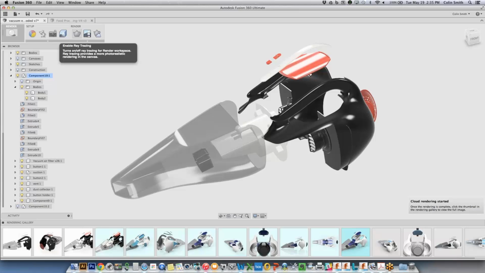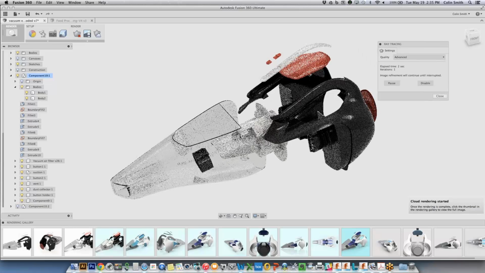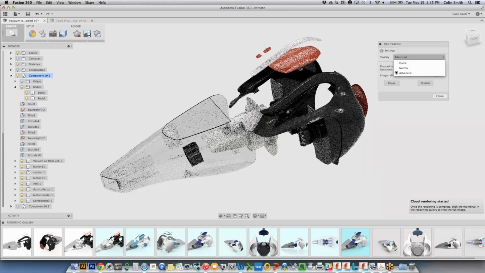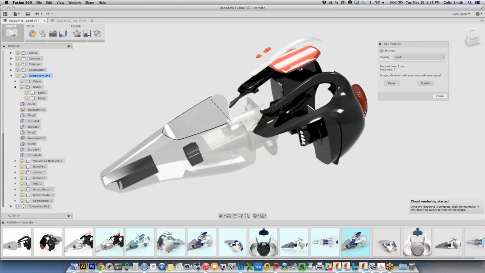For the local renderer, what it's doing is basically taking a screenshot resolution, and it's an interactive ray tracer. So if I turn it on, you can see that it's automatically starting to render the image. And you have a number of different quality settings in here. So this is ray tracing locally. You can do quick, which basically does an approximation of both lights and materials in here, and shadows. So it's really just a way of getting a quick look at see what your materials look like when it's